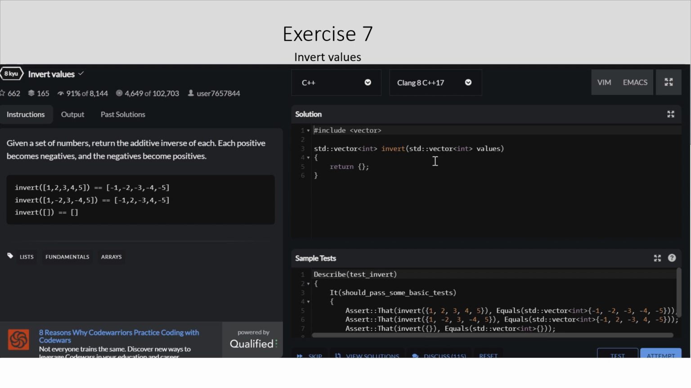So they will give us an array, a vector, and we have to return if the numbers were positive, we're going to invert them into negatives, and if they are negatives, the opposite. So let's just find out how we can